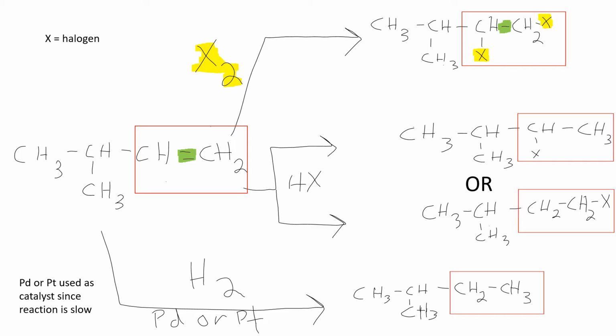And there's a third thing that will always happen for each one of these addition reactions. What's that third thing? Well, the third thing is that the rest of the molecule is going to remain unchanged. So now we're looking at the area outside of the red box, the rest of the molecule. I underlined in blue the rest of the molecule for that starting alkene. If we look at our product in the upper right-hand part of the screen, what do we notice? Nothing changed with that. We had the same connectivity as we did before.